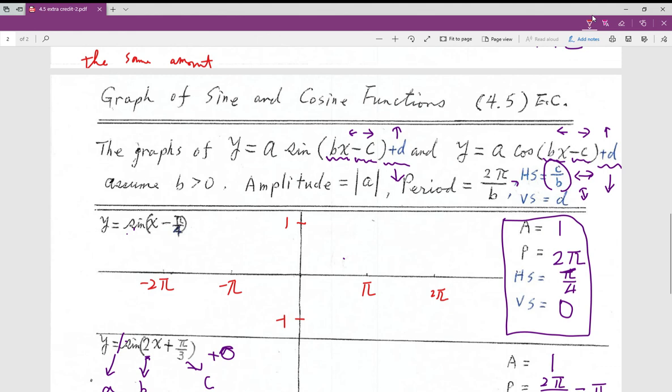Horizontal shifting. So this graph is supposed to start from pi over 4. If the graph starts from pi over 4, because 0 shifts to pi over 4, right? So you can think about the parent's graph. It looks like that. And right now the whole thing shifts to pi over 4. So everything shifts to pi over 4. So pi becomes,